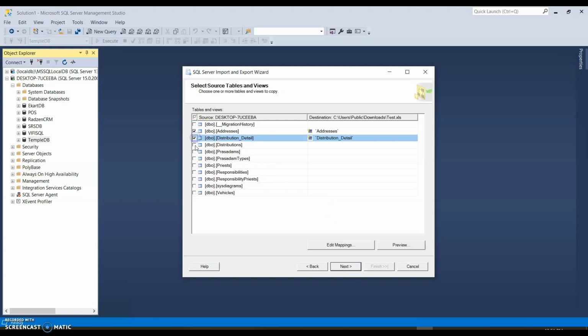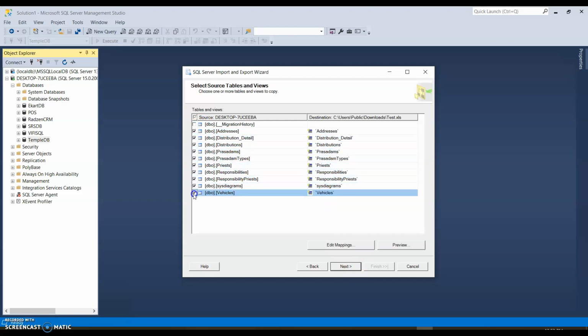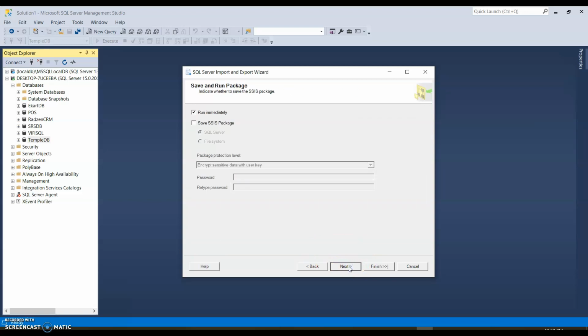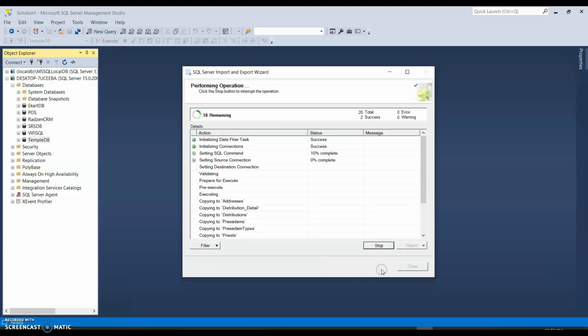I will choose everything except the migration history like we did for most other cases, and then click on next. You can optionally change the column names, but we will just leave it to the defaults, and we'll also choose run immediately and click on finish.